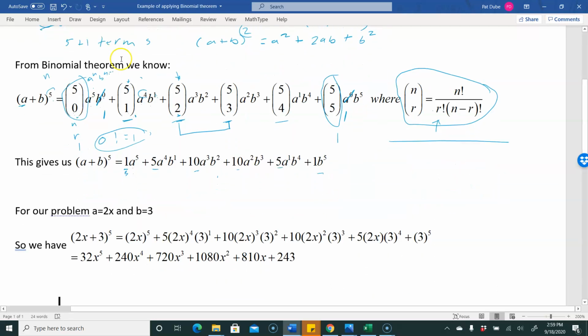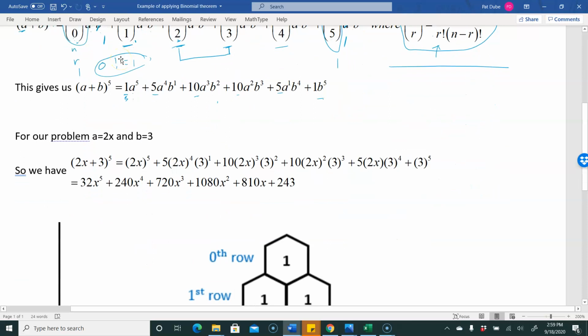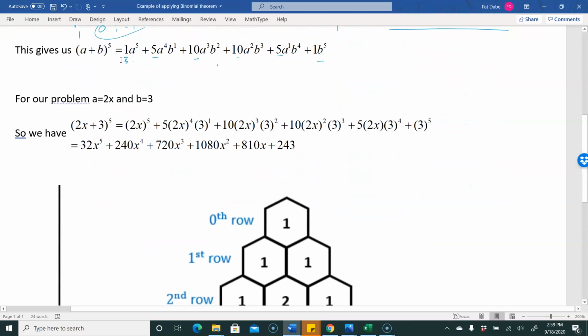So if I scroll down here, you'll see, and this takes some really careful bookkeeping. I left out the 1 because 1 times anything is just the thing. So here's your a to the fifth. Here's your a to the fourth, b to the first. There's your coefficient of 5 right there. So a is 2x, and if he had subtracted 3, b would be negative 3. So I follow this pattern all the way through,